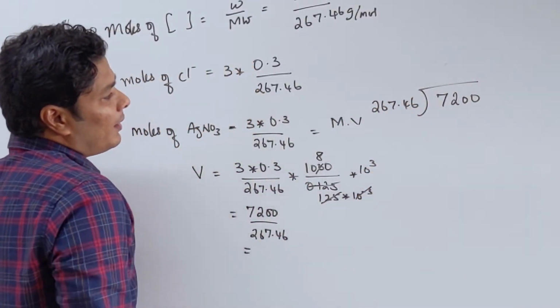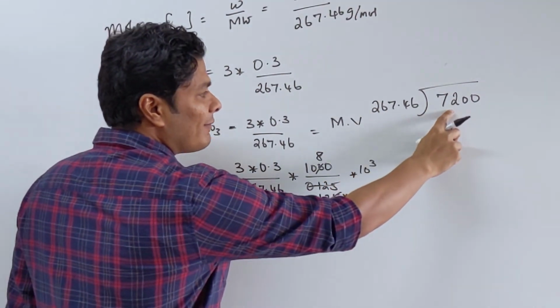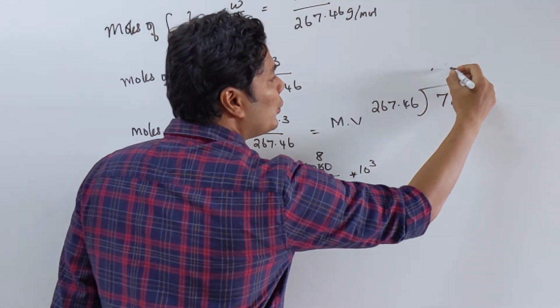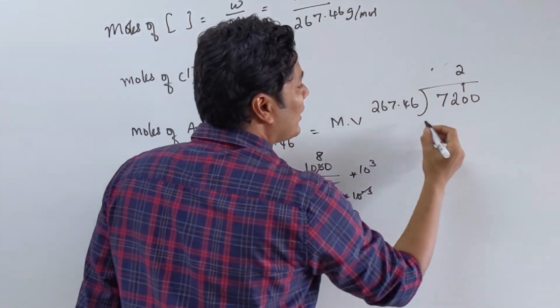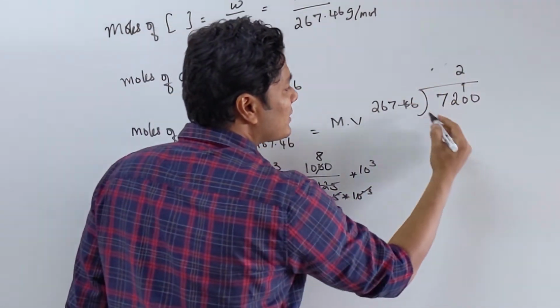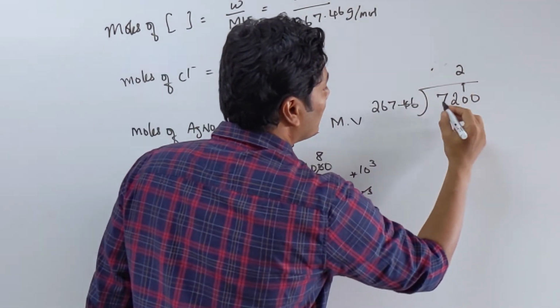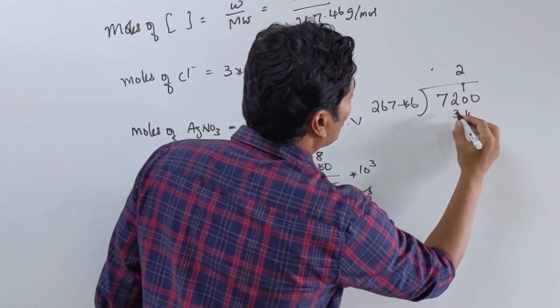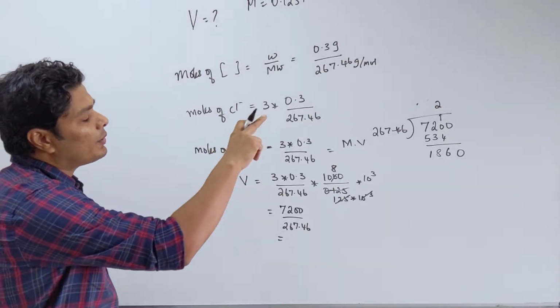267.46. Now if you take it as roughly 250 times 3, 750. I don't have times 3, so I have to do times 2. Right about this character. So if you do times 2, I can eliminate this if you want. 267, round it off. So 7, 14, balance 1, 12, 13, balance 1, 534.